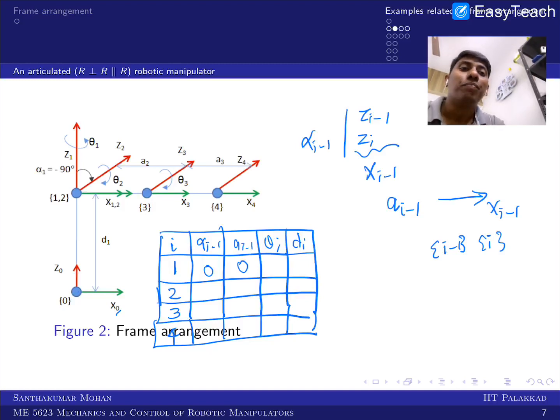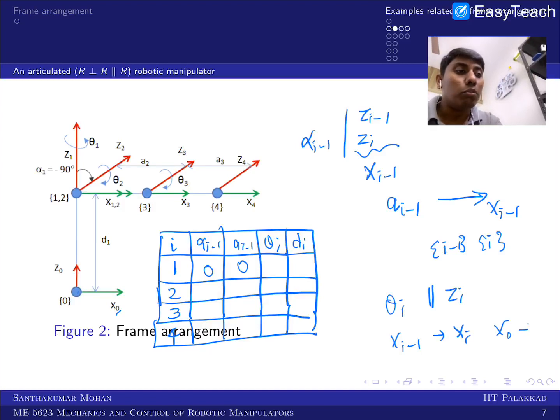And you can see that theta i is realized on z(i), but it is actually the angle between x(i-1) and x(i). So here the x0 to x1 is theta 1. So here theta 1 is variable. Although it's a 0 angle, you can say home position, that is a joint variable, so I can take that as theta 1, which is variable. I'm just showing it with the star.